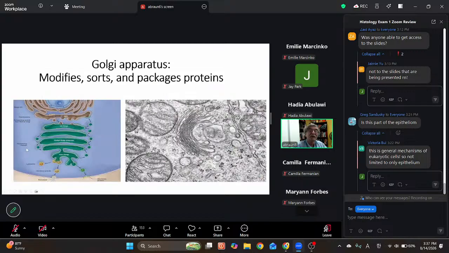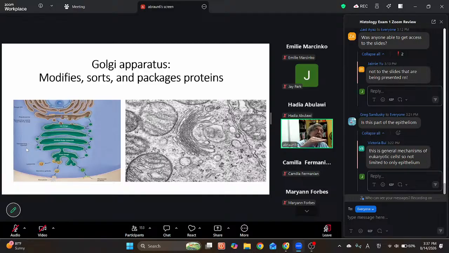Okay, so here's an EM picture showing you a Golgi apparatus. They're fairly easy to recognize. They often are found close to the nucleus. That maybe is one clue, but often you can't tell it's near a nucleus looking at a particular picture, but they look like a stack of pancakes,